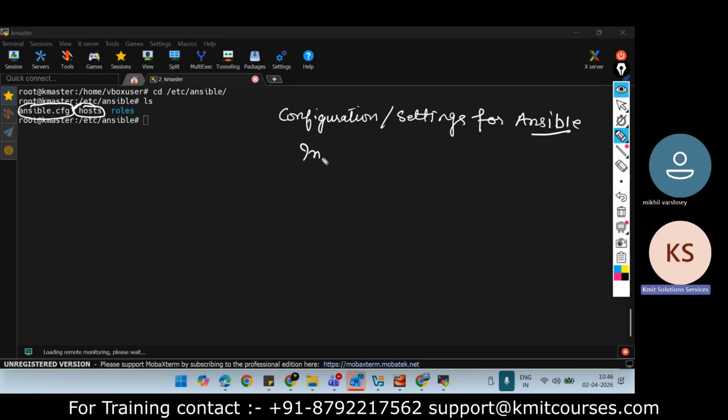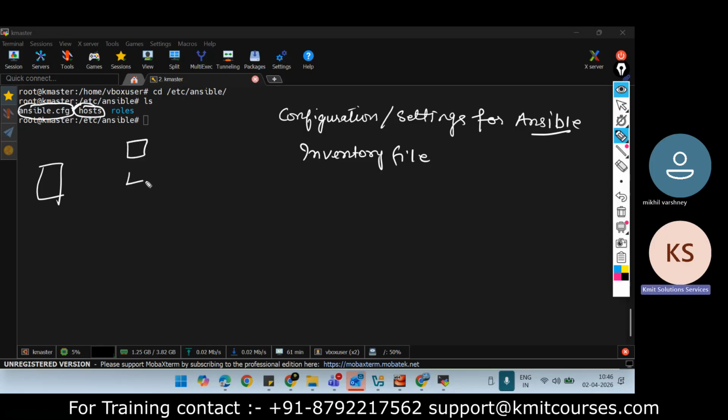This is called the inventory file. What is an inventory file? Now, consider I have a server. This is my master, and I have many servers to which I can connect remotely through SSH. But I need to manage these two servers through Ansible.